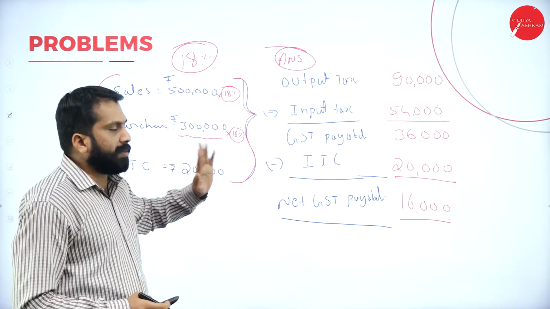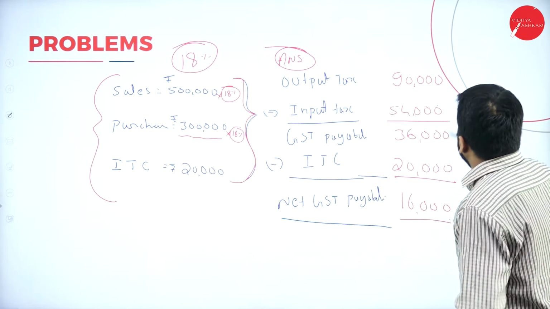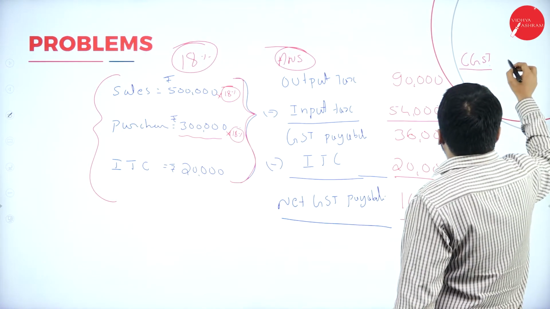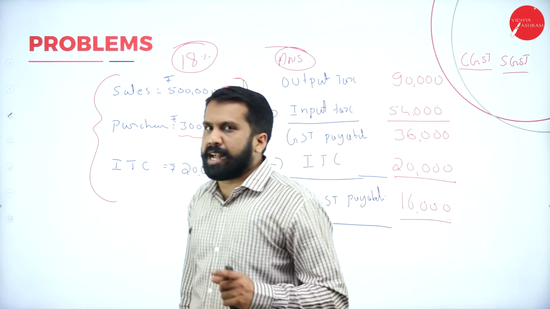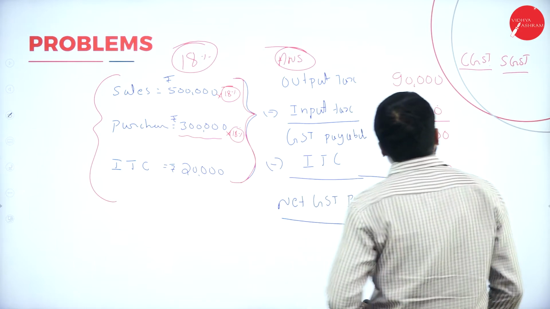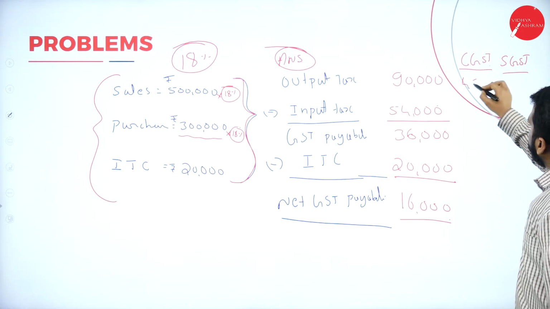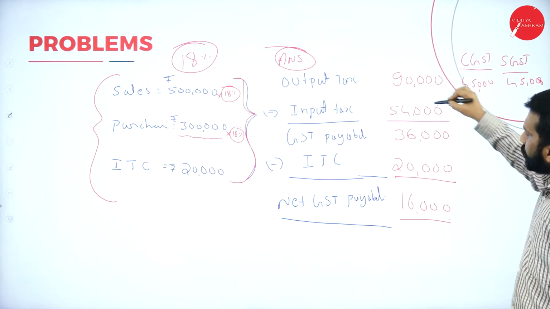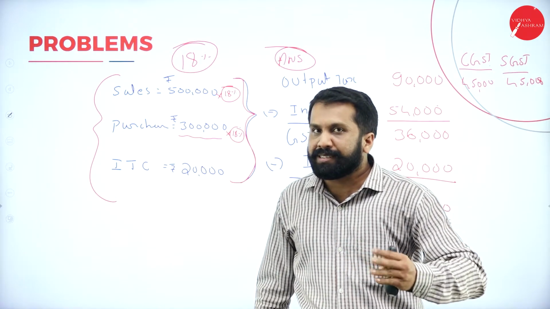Now we have done all this, but remember, if you are paying GST, there are two GSTs. One is CGST and SGST: Central Goods and Service Tax, and the next one, State Goods and Service Tax. Now, in this what happens? Whatever the tax is there, you have to divide it into two. Like this will be 45,000 and this will be 45,000. Means these are the overall tax. Half we have to give to central government, half has to be kept by state government.